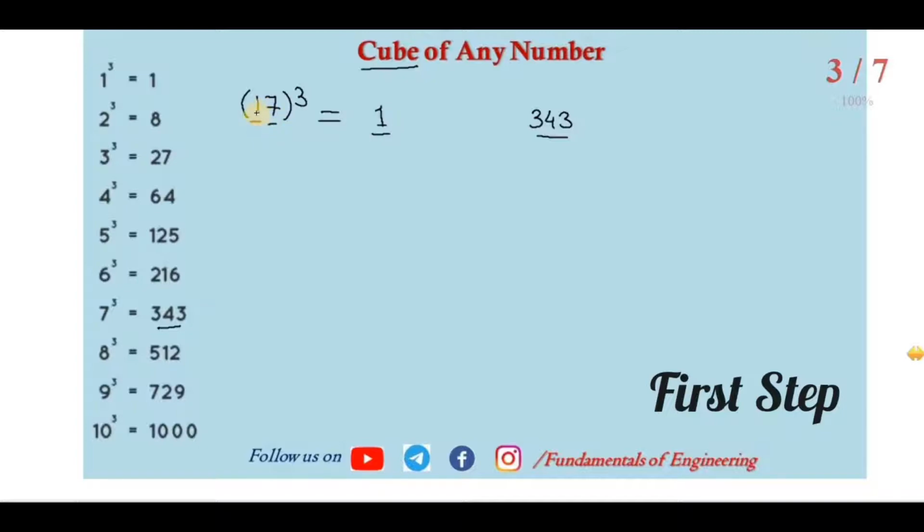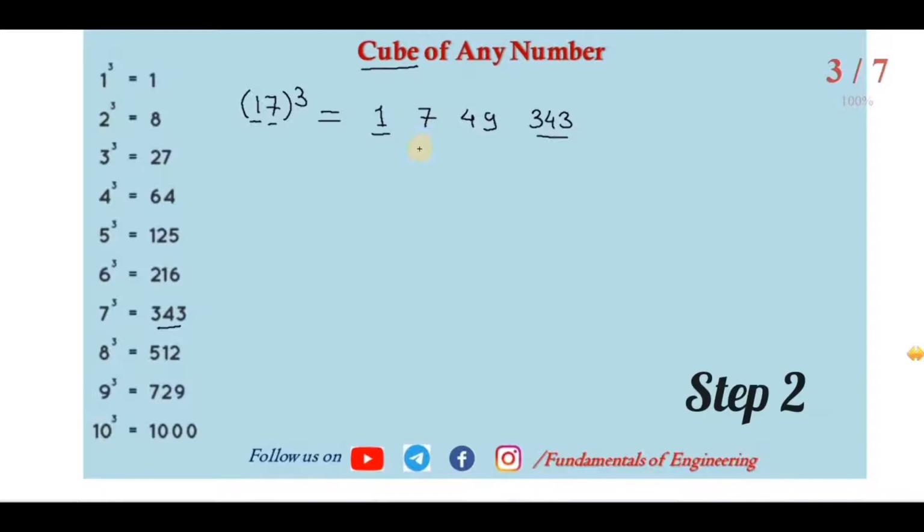Whatever the first number is, we have to take its square and multiply it with the second number. Square of the first number multiplied with the second number. So 1 squared is 1, multiplied with 7, we get 7. Then take the square of the second number and multiply with the first number. So 7 squared is 49, into 1, we get 49. Right. So here we got these 4 numbers.